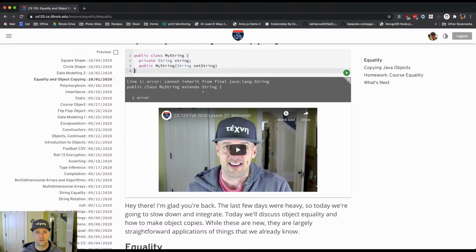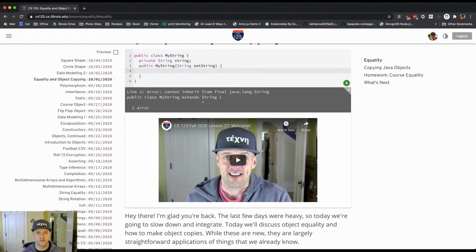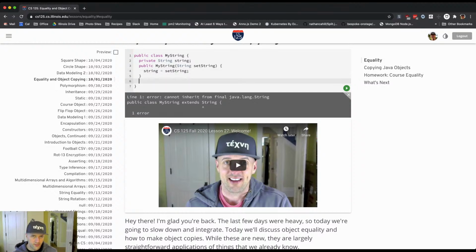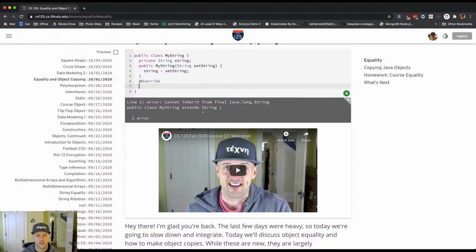It's a terrible variable name, but it is what it is. string is equal to set. There's my constructor. My constructor takes a string. If I wanted to, there are several other string constructors I could also duplicate, but for now, I'm just going to allow you to create it by passing a string. And now what I'll do is I'll say public, so we want to modify equals, public equals Object